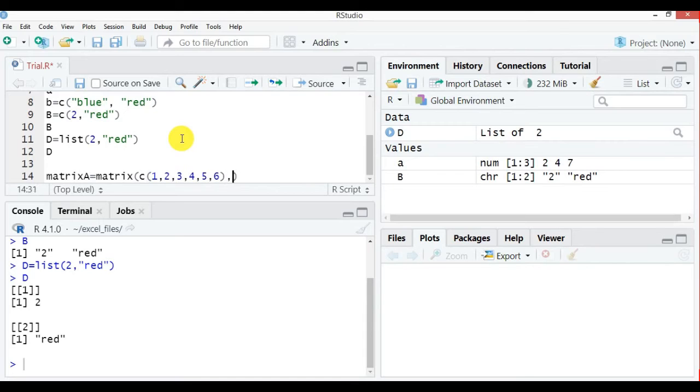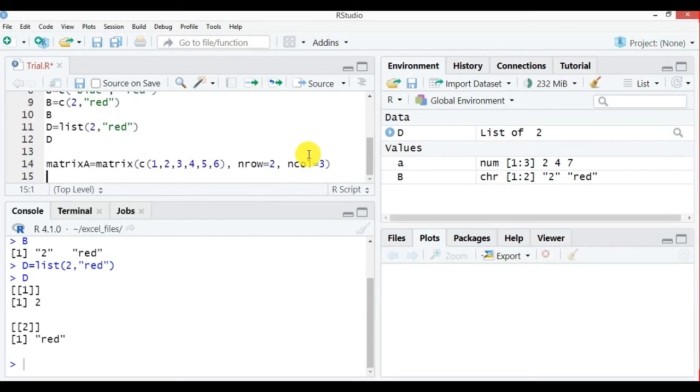I have taken 6 numbers. I want them to be in 2 rows. So nrow I have to give equal to 2, ncol equal to 3, because with 2 rows, these 6 numbers mean there will be 3 columns. Now if I run this code, what will happen? In the next line I'll call the matrix A, and show you how it comes.